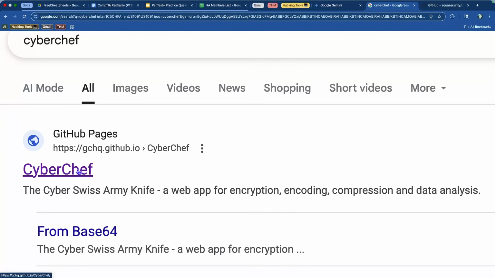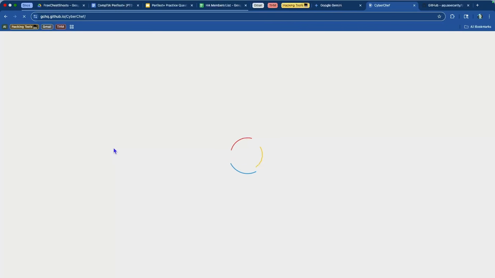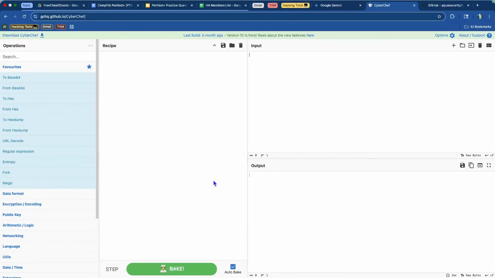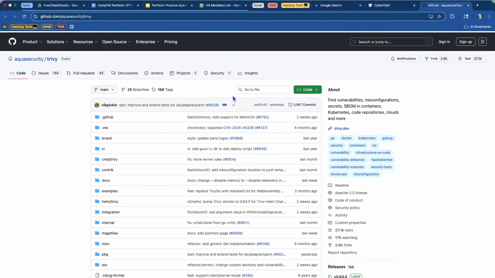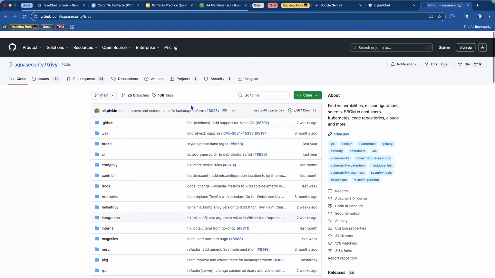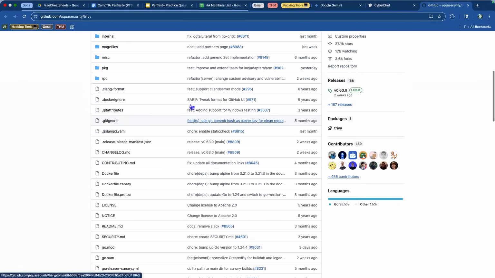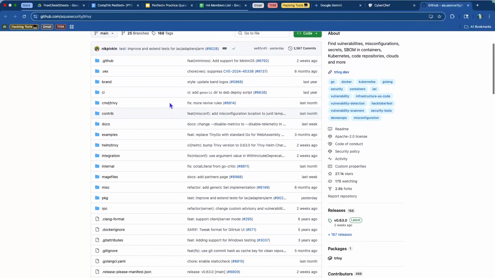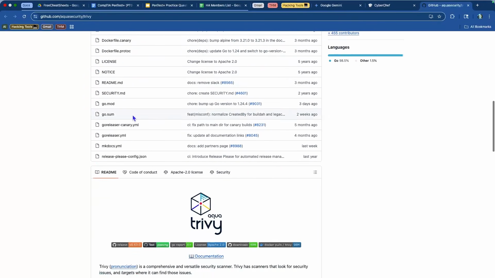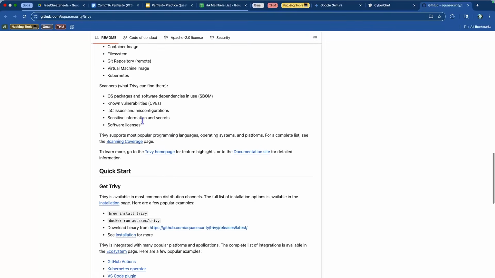And so when we actually click on this, it'll take us to a GUI, a graphical user interface page that allows us to interact with CyberChef. So this is very different from what you see from github.com, right? Because github.com is basically just a bunch of, it's like a big file system, right? And then you get all of these things that will be downloaded when you clone the repository, and then there's